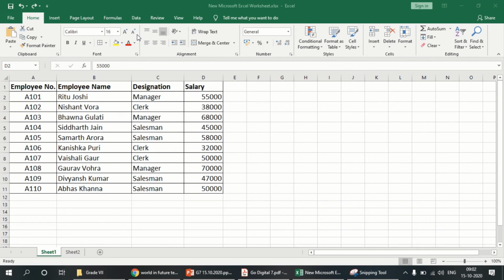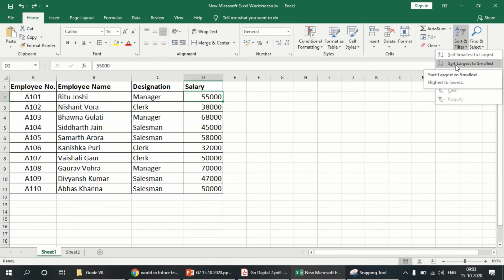Now let's see how single column sorting and multiple column sorting works. Before that, first we'll see the two places where the sorting options are available. See, in the Home tab and in the Data tab, right? So first click the Home tab. Here the Editing group is available, right? Under the Editing group you have to click this Sort and Filter option. Below that you can see the sorting options: Sort Smallest to Largest, Largest to Smallest, and Custom Sort, right?